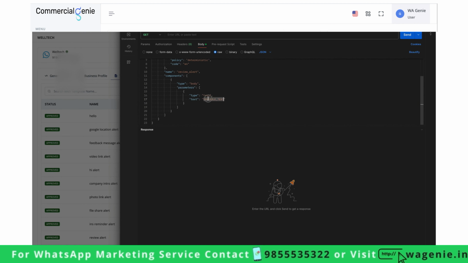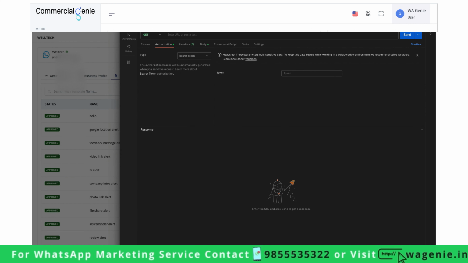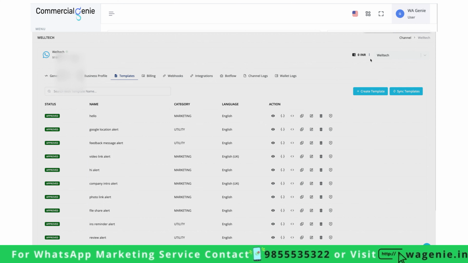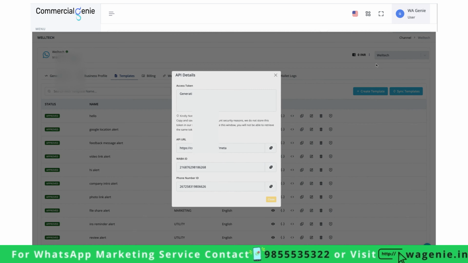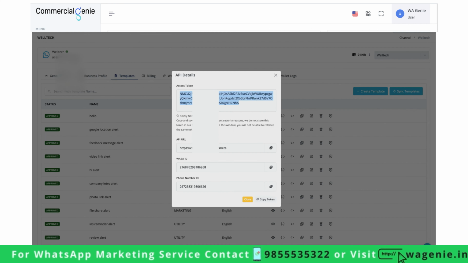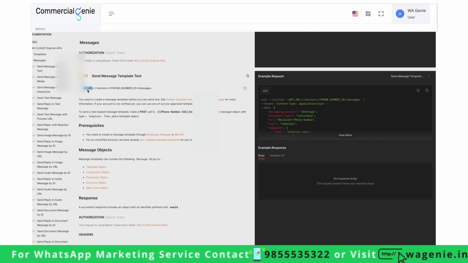In the authorization, we are changing it to bearer token. Now the token, you'll get it from here. Click on this 3 dots, click on access token. Your token will get generated. Now copy this token and paste it here. The next thing is we need to change the request type to post, and now we require 3 things: API